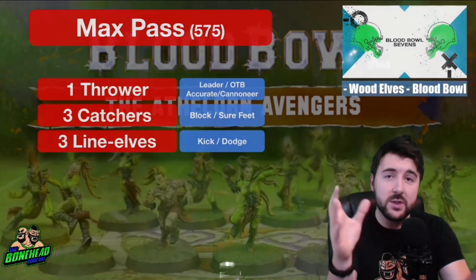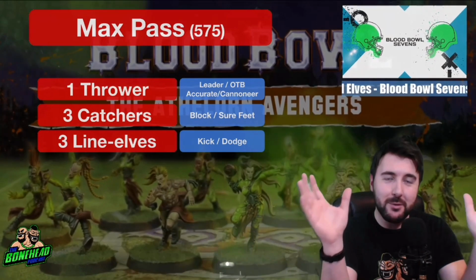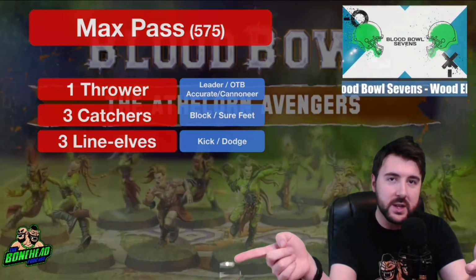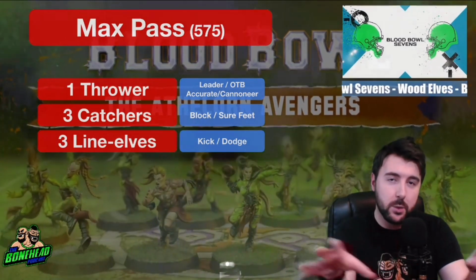This Max Pass is all dash. This is the spread offense. You've got 3 wide receivers. They go deep. Your thrower then moves 7 squares and probably 3+ with a reroll, the ball to the catcher. Okay, maybe 2+. If you want to go for a shootout with the Wood Elf build,